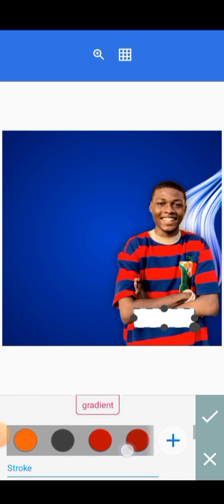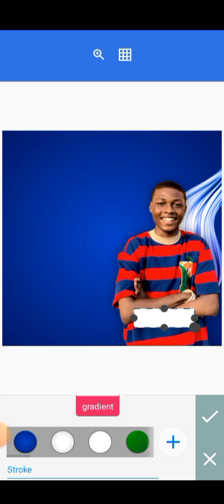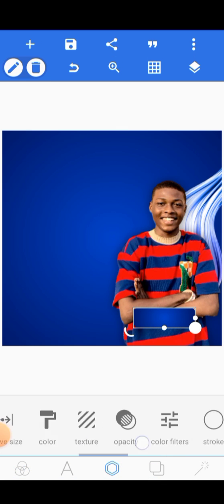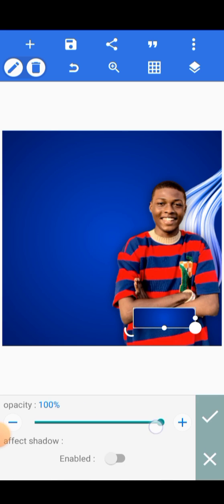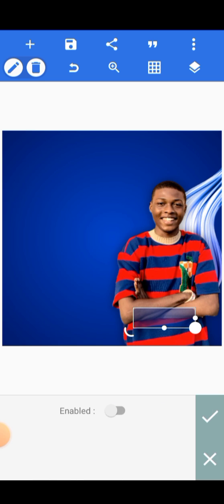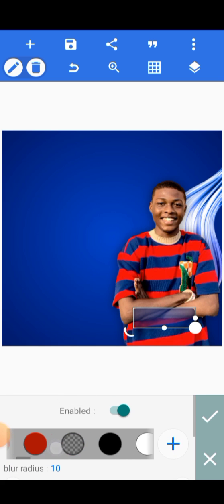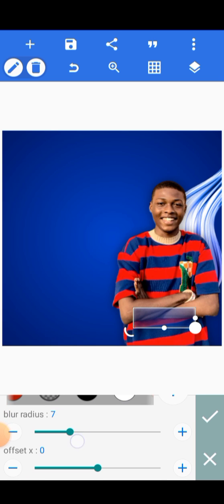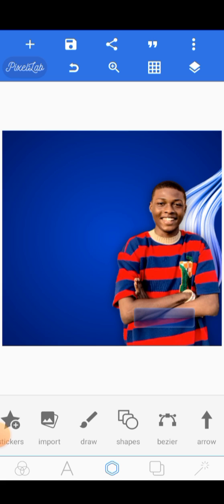And then I'll change the font to blue, and I can scroll here, go to opacity. I'll reduce the opacity to like, let's say 50 is fine. Then I'll scroll, I'll add inner shadow to it, make my inner shadow white. Yeah, so I'll have this